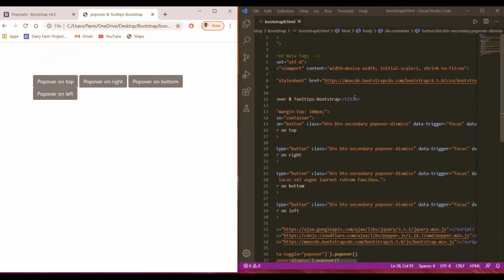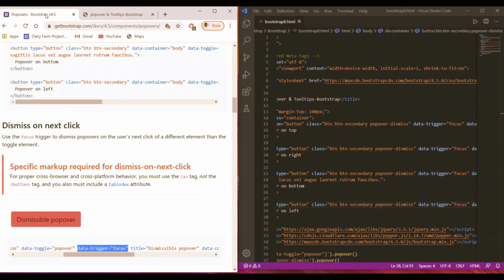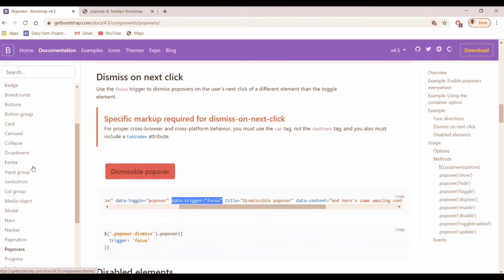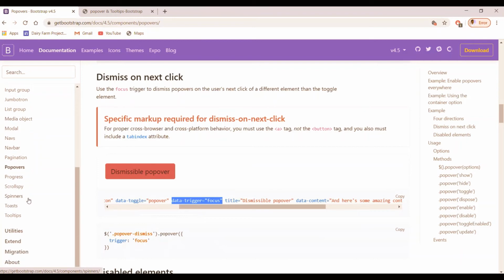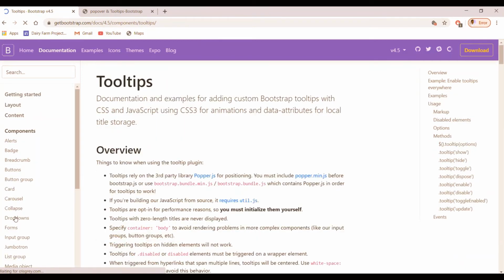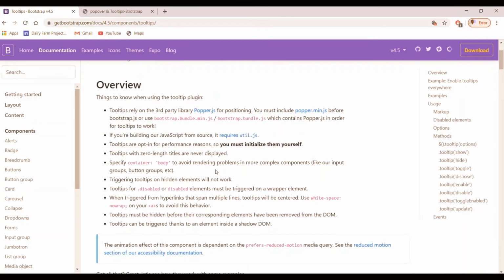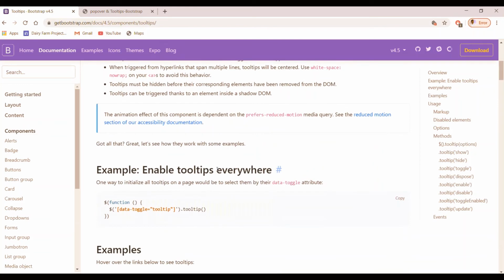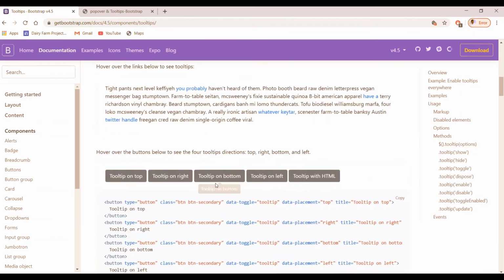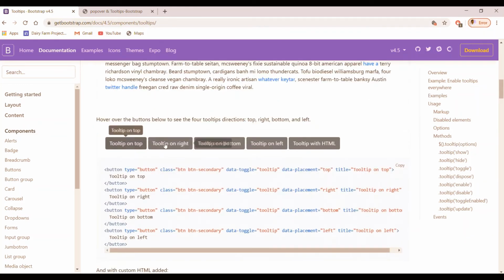So similarly here we go with another component in Bootstrap, that is tooltips. Tooltips are similar to pop-ups. The difference is only that this will take place when we have the hover effect this way.